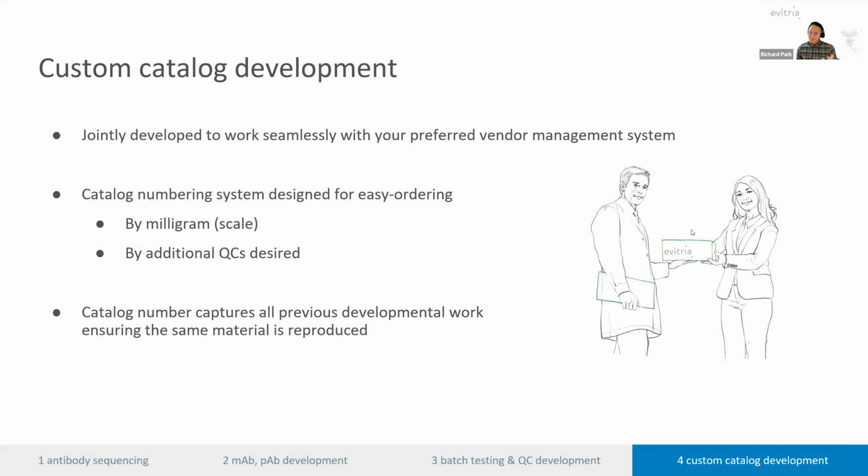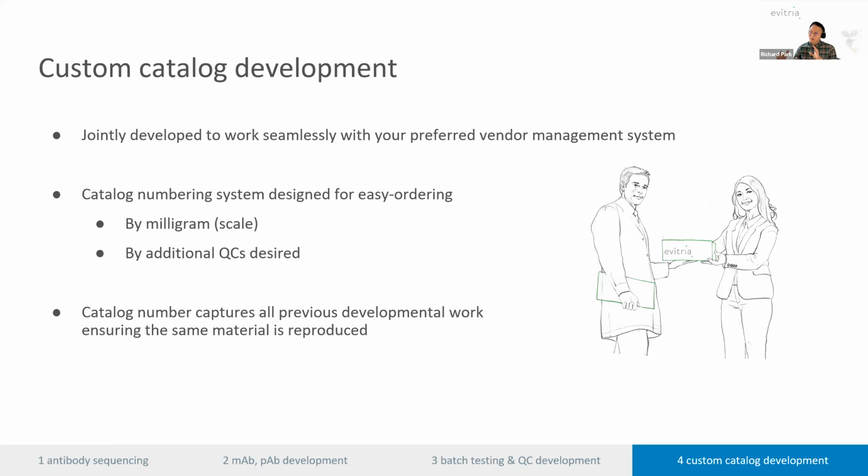And then lastly, like I mentioned before, the custom catalog development. It's jointly developed, so it's truly a one-on-one exercise. For my clients who I work with on these custom catalogs, I sit down with your procurement team, your vendor management team, and we work together to understand, okay, how do you like to have material procured? What is your ordering process? And we tailor the catalog to make sure that when you order something and you provide us a catalog number, that is in line with a milligram amount, already includes the additional QCs that you may or may not desire,